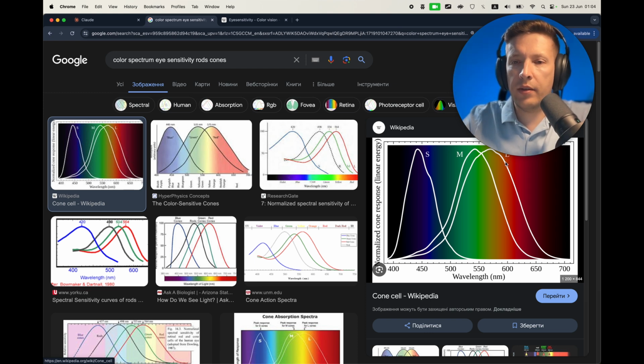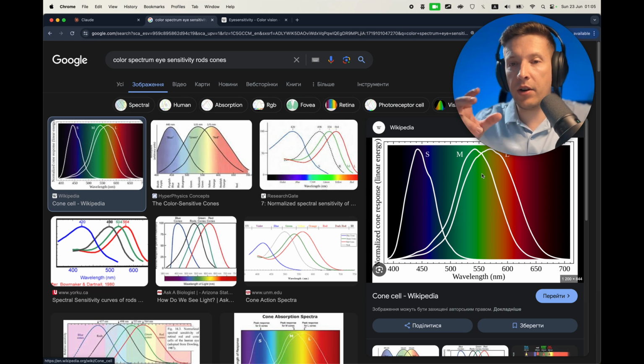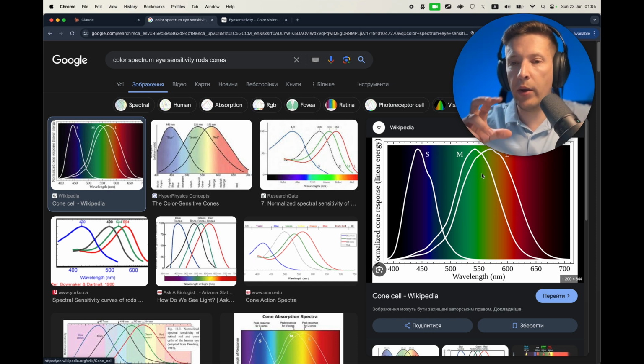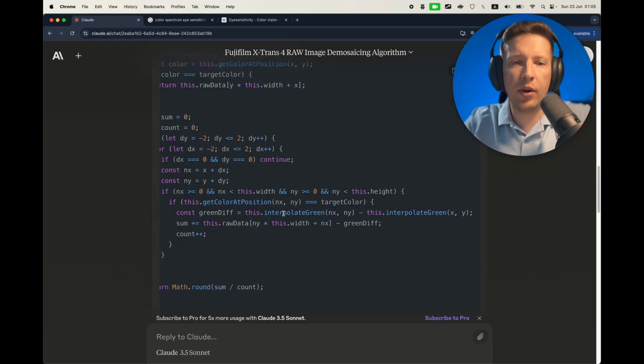The human eye can also sense properly across the whole spectrum. It uses very clever algorithms inside our brain to properly distinguish, for example, the green color, because two types of cells can sense it. We use the difference: we subtract the value of the long cone cell from the value of the medium cell, and this is how we better distinguish colors. But that's another topic. Let's return to our